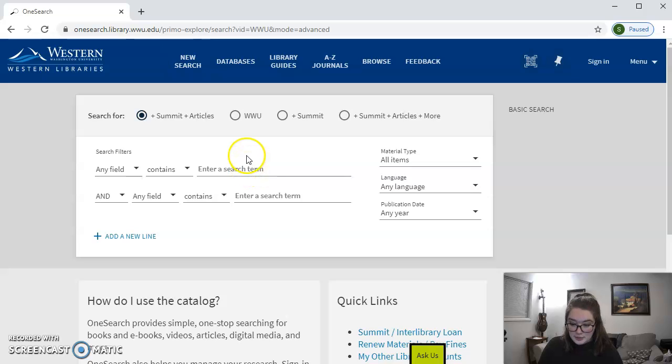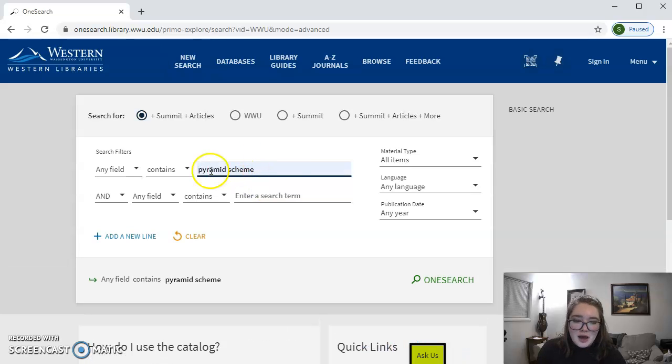Okay. So now that we're under advanced search, I am going to pretend for the sake of argument that I already read the Rod Frey article, and I learned that there is a common thread between pyramid schemes and multi-level marketing schemes. So what I can do here is enter a couple synonyms for my keywords. So let's say, oh, you can see I've looked this up before. I'm going to enter pyramid scheme and, see I've got and right here, multi-level